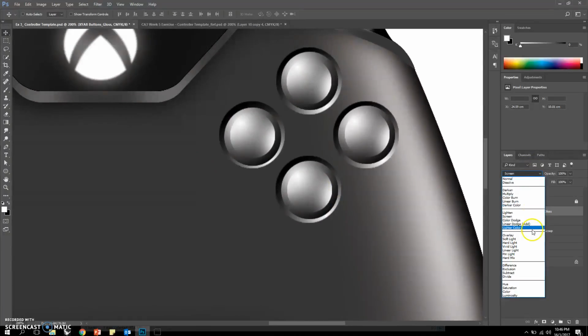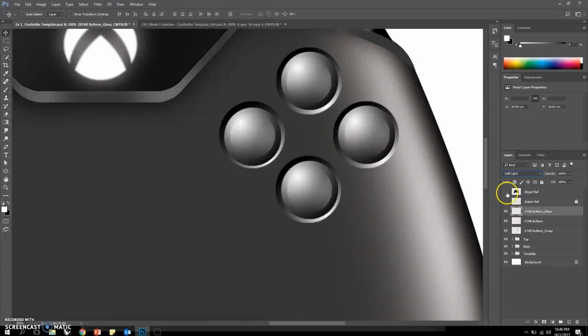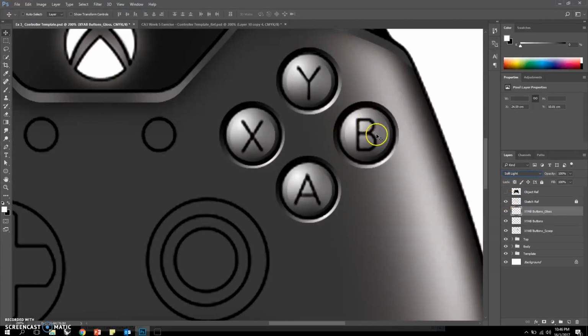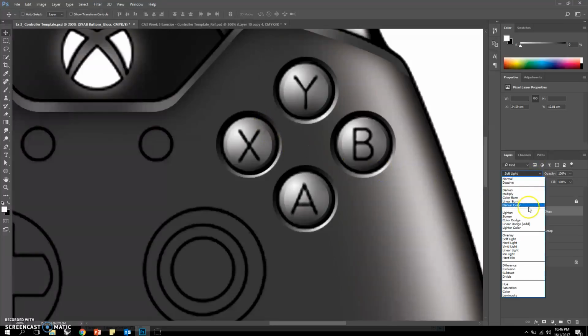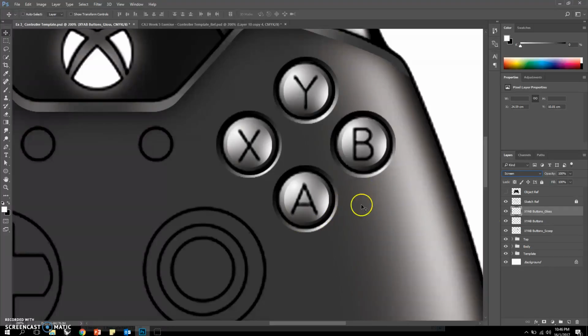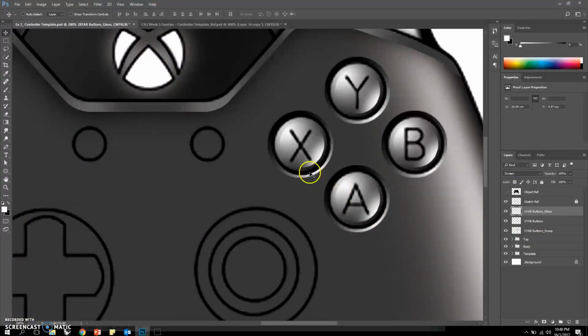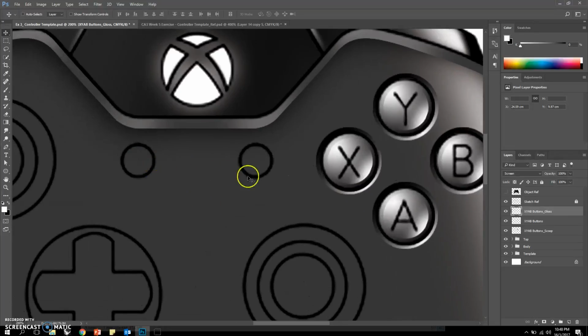Okay, if screen is too light, you can always use a soft light mode. Okay, that will give you that effects that you need for the button. So the next one that we need to create is maybe the home and menu button. Let's just create a new home and menu. Alright, let's go to our path,